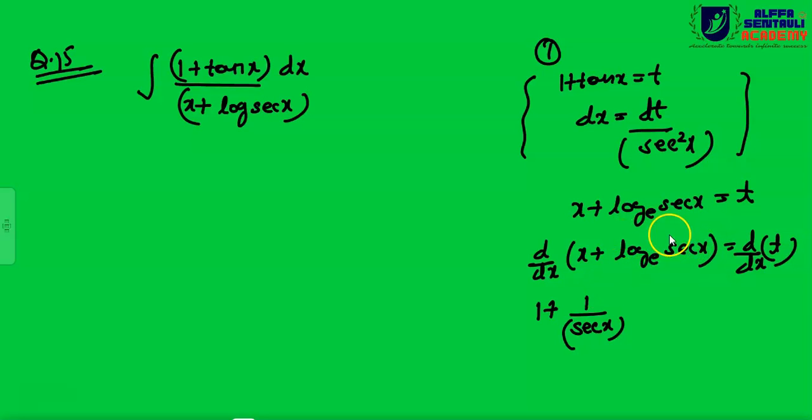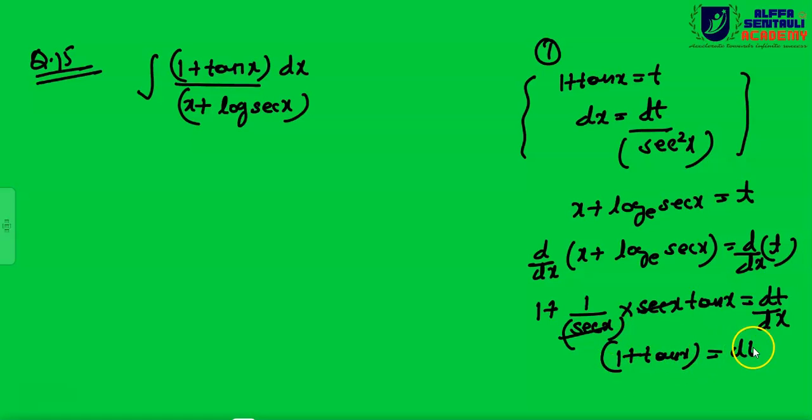So I have broken the log of log x. Differentiation of log x is 1 upon x, meaning 1 upon sec x. Now differentiation of sec x will be there, and differentiation of sec x is nothing but sec x into tan x. Now I can differentiate this x. So d by dx of x, dx and dx will get cancelled out, so this will be multiplied by 1. So this complete will be equal to dt by dx. Now sec x and sec x, one common term, will get cancelled out and you are left with 1 plus tan x, and this is equal to dt by dx.